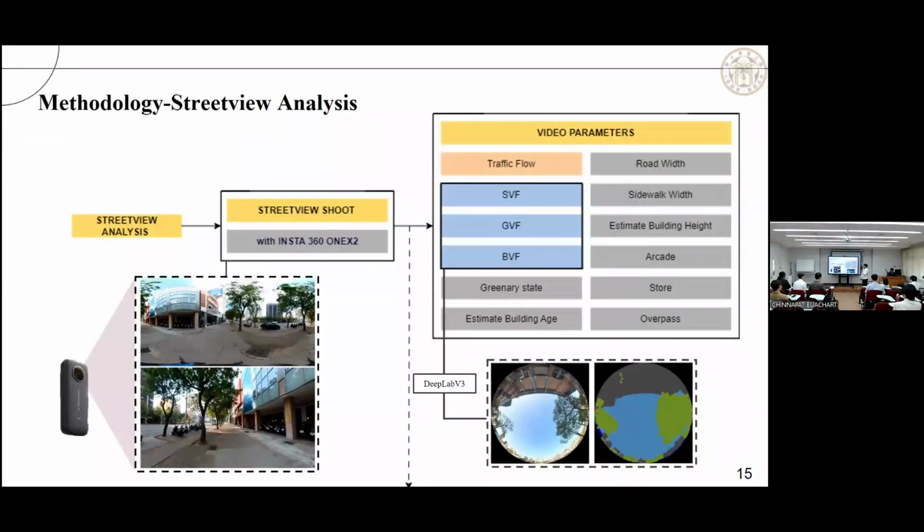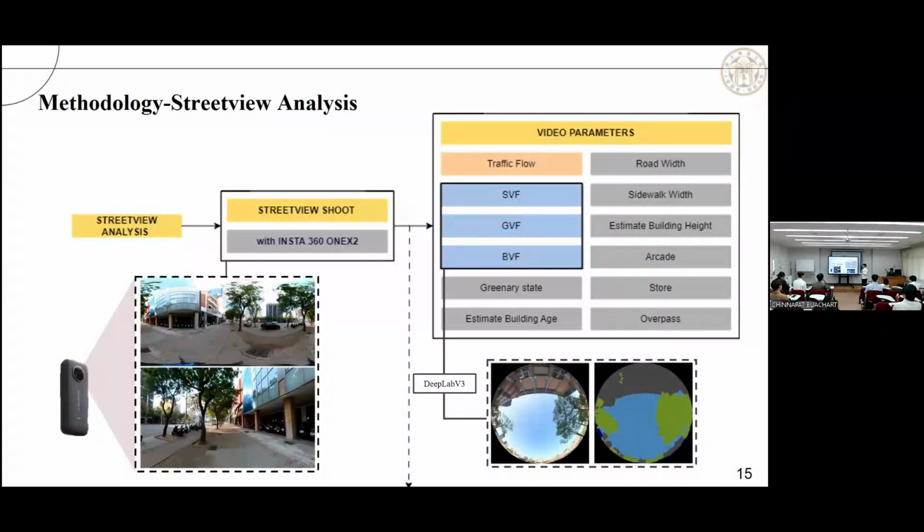For the street view part, we decided to shoot some street view from Taipei City, and we use the panoramic camera called the Insta360 ONE X2, which shoots a street view like this panoramic image. And the one below is how it really looks to our eyes. Through these videos, we can get a lot of parameters that we care about, like traffic flow or